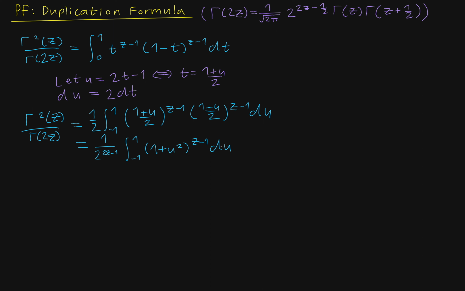Now, for this, I'm going to rearrange some stuff. So we're going to have 2 to the 2z minus 1 on the other side times gamma squared of z is equal to, now we're going to have another factor of 2 out here because we're going to rewrite this, since this is an even function, the integral from 0 to 1 of (1 minus u squared) to the z minus 1 du. Now if we consider one more substitution, we're going to let